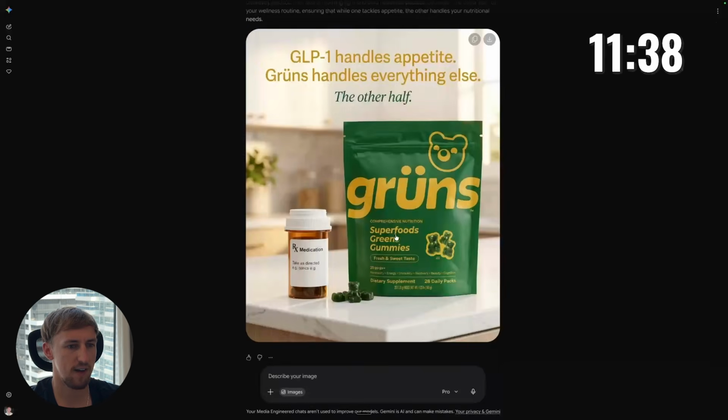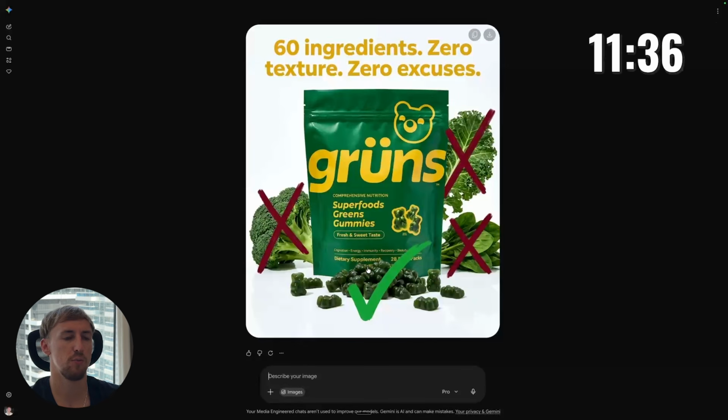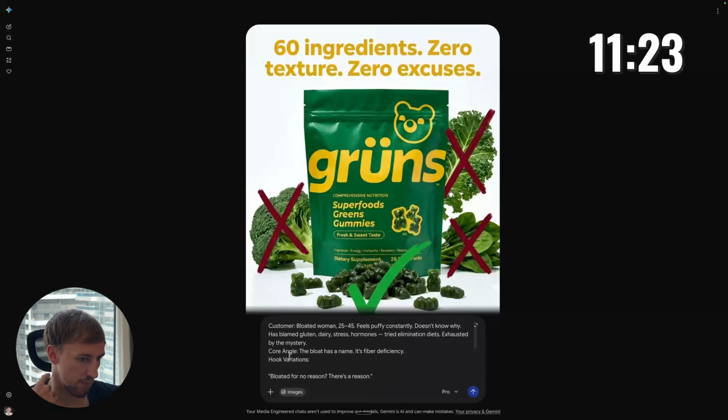And we do also need to add into the description that we need the 9x16 or whatever size you need, 1x1, which is completely fine. Now we're going to touch this up later. This isn't perfect, but we'll get back to it to make sure that these are up to scratch before going in the ad account. Now for the next one, we've got a 25 to 45-year-old woman that's got bloating, unsure